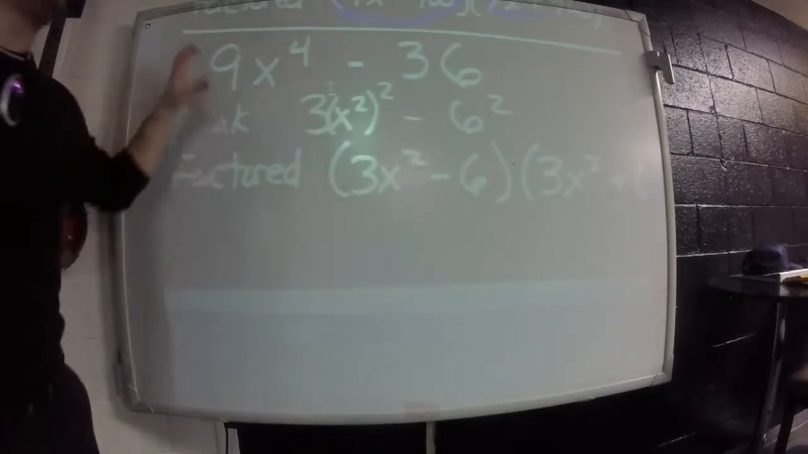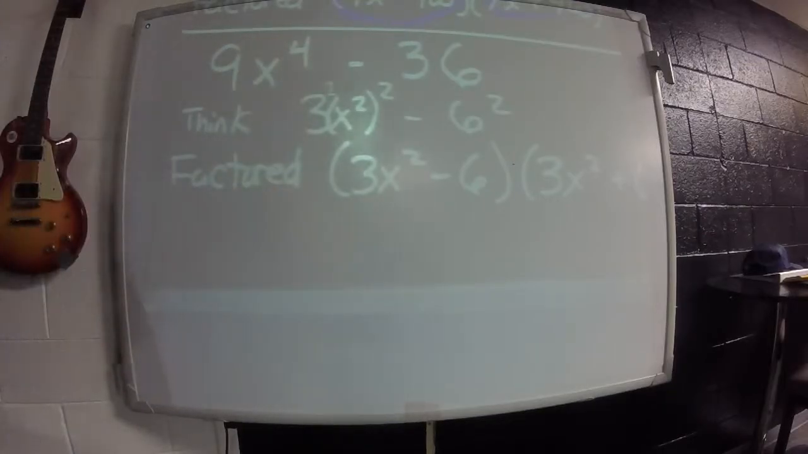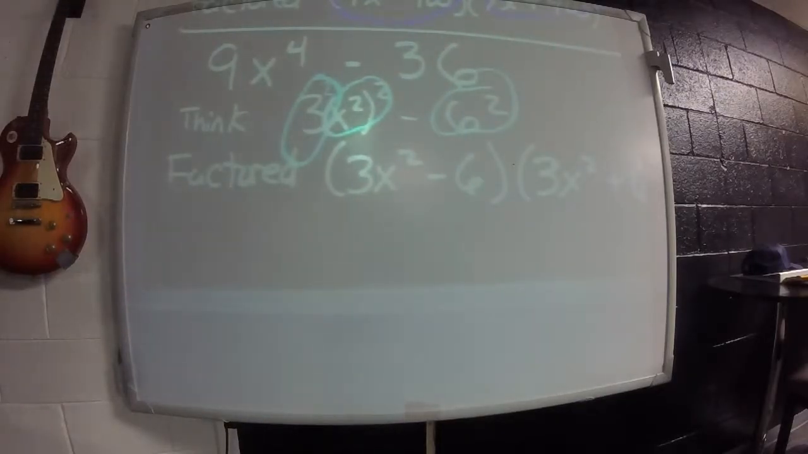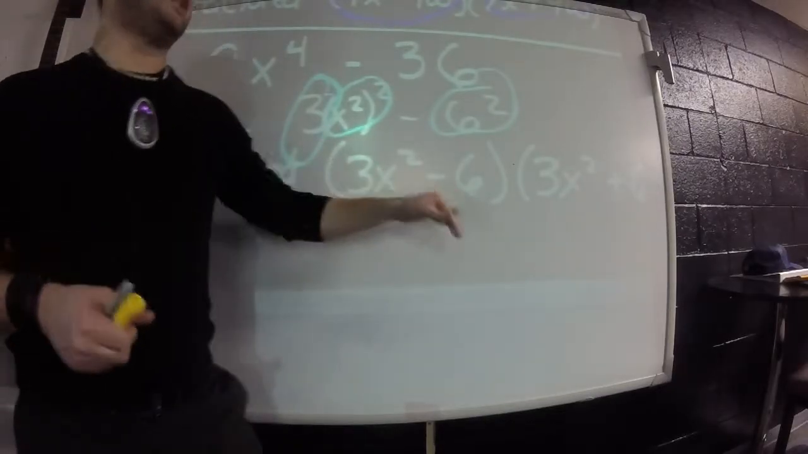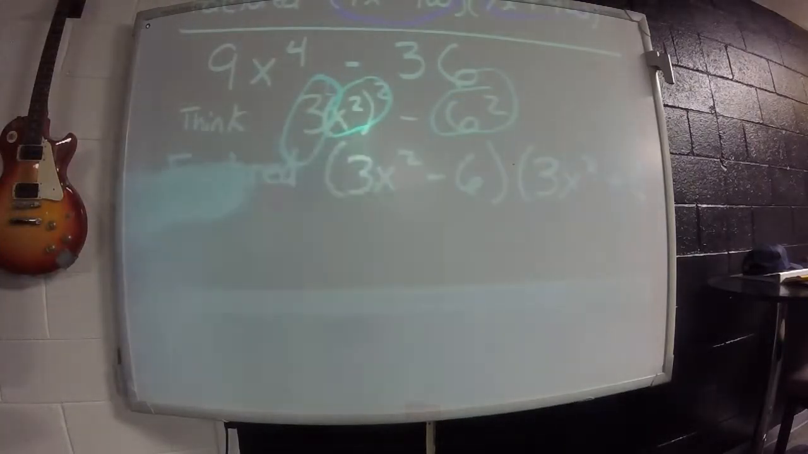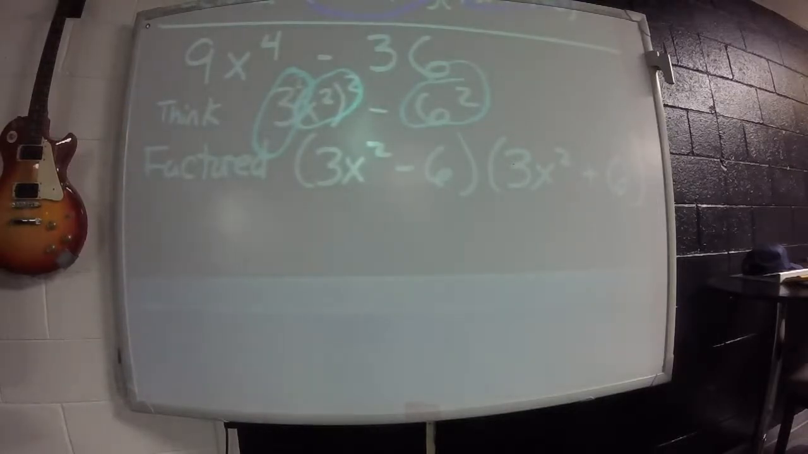If it's a difference of squares, you got to go, okay, is 9 a square? Yes, it's 3 times 3. Is x to the 4th a square? Yes, x to the 4th is x squared times x squared. So you got 3 squared, and then x squared squared, minus 6 squared. So what goes in the parenthesis? It's not 3x. You're going to go 3x squared minus 6 and 3x squared plus 6. And if you refoiled out this bottom, you're going to see that it turns into 9x to the 4th minus